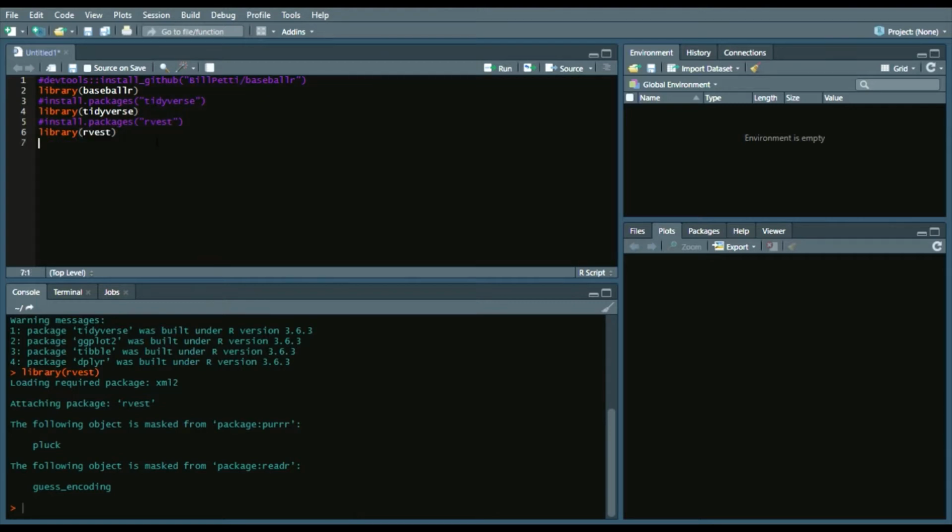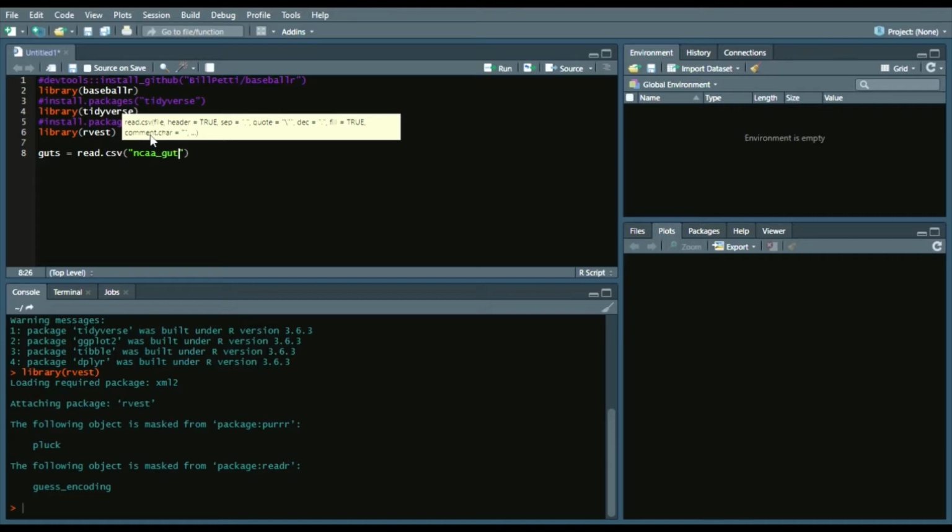So we'll get started. Again, I'll have a couple files on my GitHub page, which is in the link in the description below, where you can get these CSV files that I'm about to load. What we'll do is call a data frame of a CSV. We'll say guts, and that's essentially getting those constants that we need to calculate weighted runs created plus. So guts, read.csv, which is from the base package, and we'll say NCAA guts underscore d1.csv